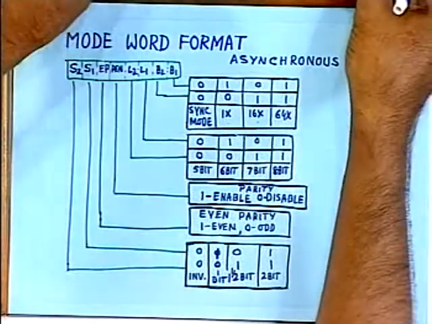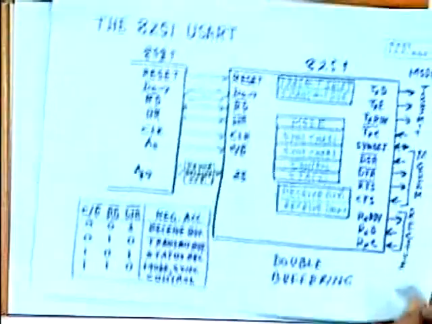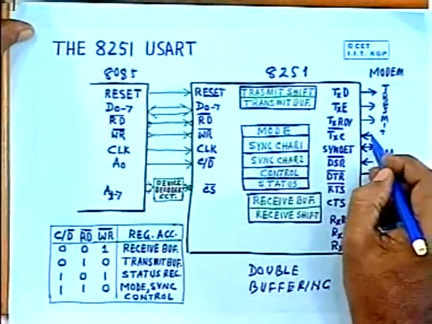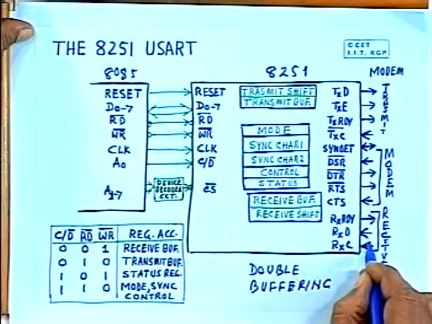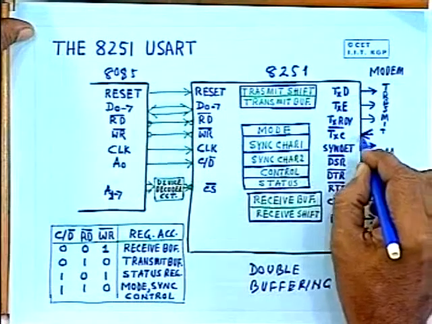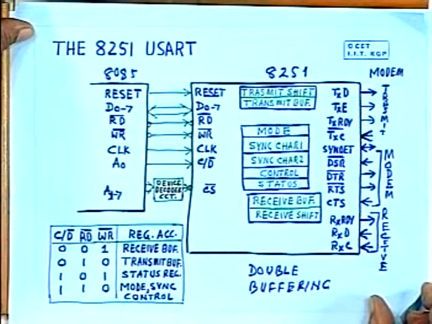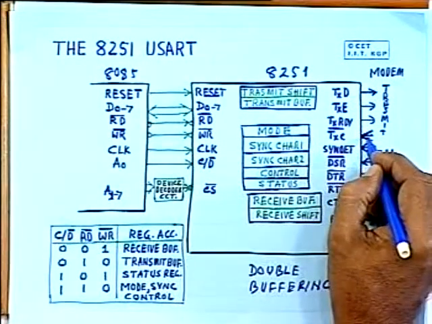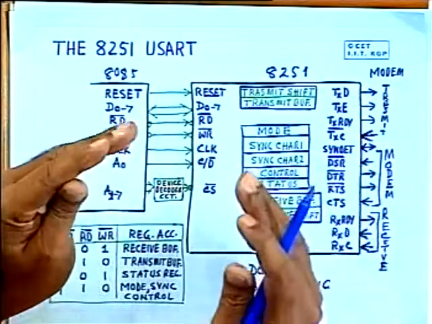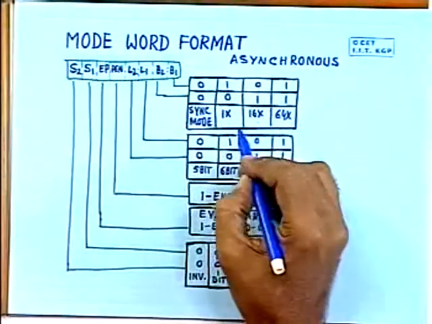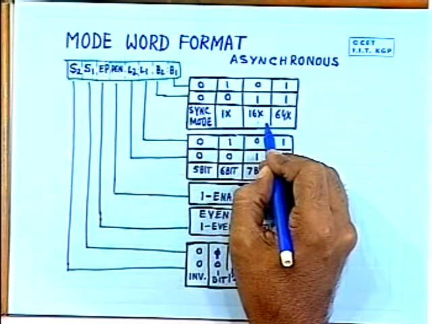You will be connecting a single clock frequency for transmit as well as for receive. You can see here this is the receive clock, here is the transmit clock. However, by programming, obviously whenever a single clock frequency is connected, you can have only a single baud rate, but this allows you to have 3 different baud rates.